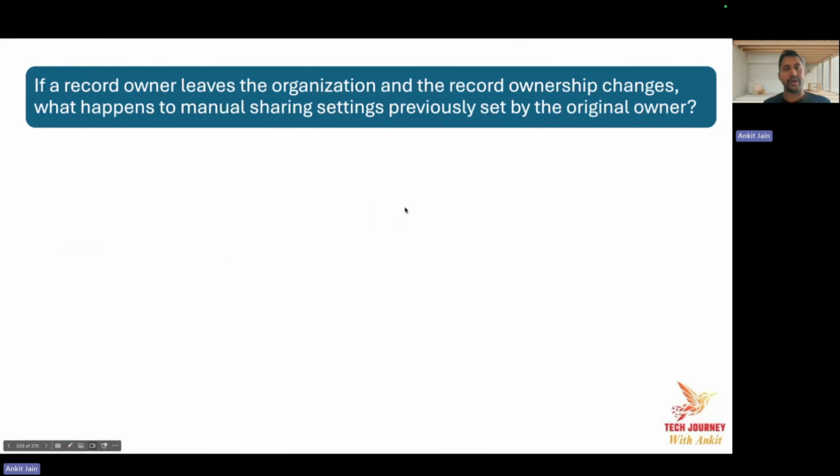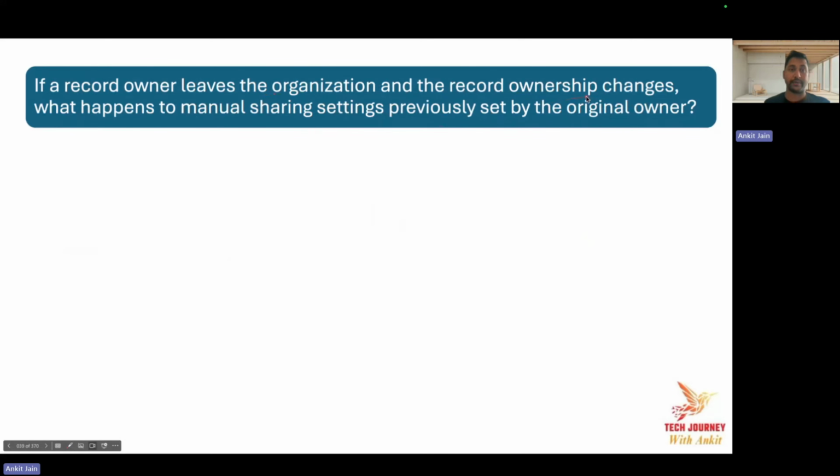If a record owner leaves the organization and the record ownership changes. Let's say I am the record owner for one of the accounts and now I am leaving that organization. So what will happen? The record ownership is changed to the new employee who has joined the organization.